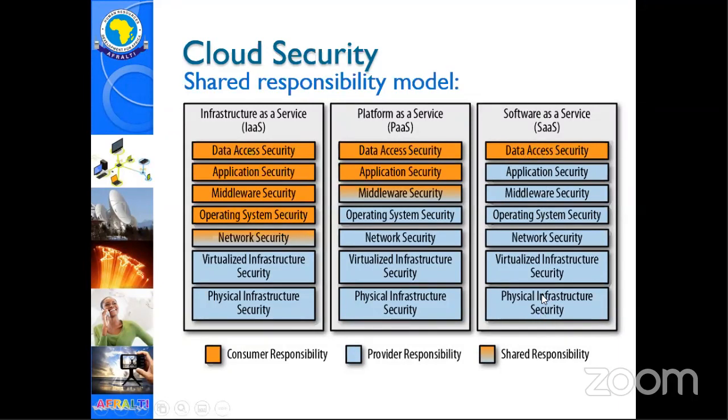It is not Microsoft's responsibility. Microsoft will only protect that Office 365 instance you're using from being tampered with or hacked. So this is the responsibility model that is usually used on the cloud.